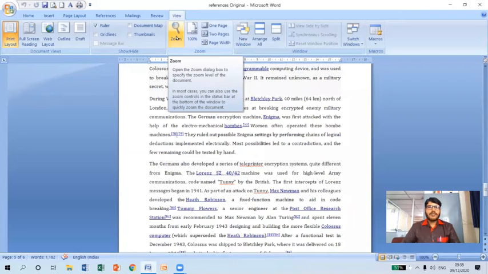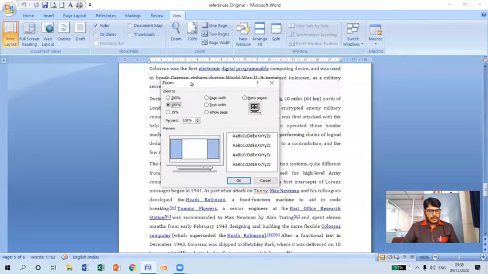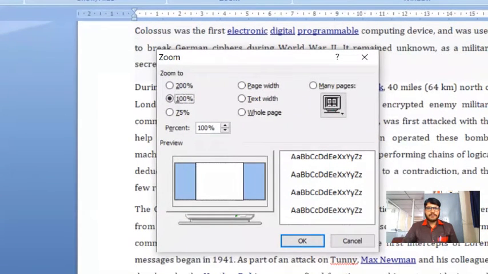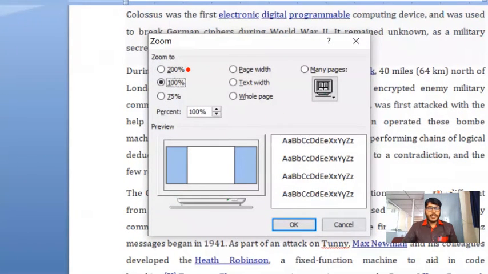If I click on this, it will open a dialog box like this. Okay, as you can see here, we can set a different zooming scaling level here. Suppose I want to display my document in 200% zooming level, then we need to select this one, 100%, 75%, and also you can provide your own value here by using this particular percentage.